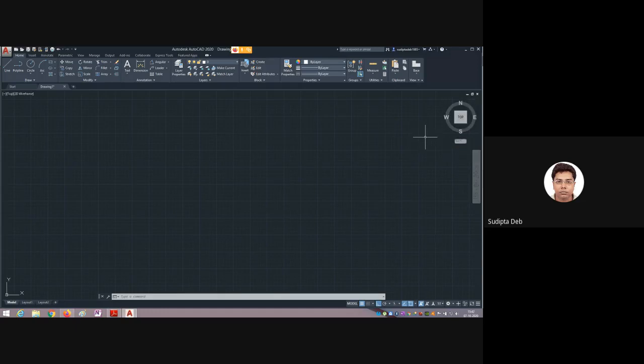W for world, so world coordinate system, as opposed to a local coordinate system. So if you click on the middle of the top, then also you can see all drawings, zoom all.